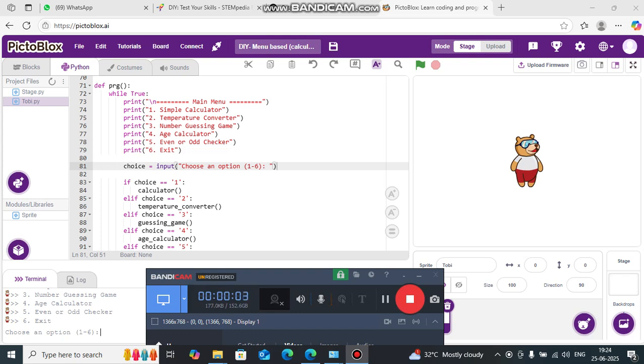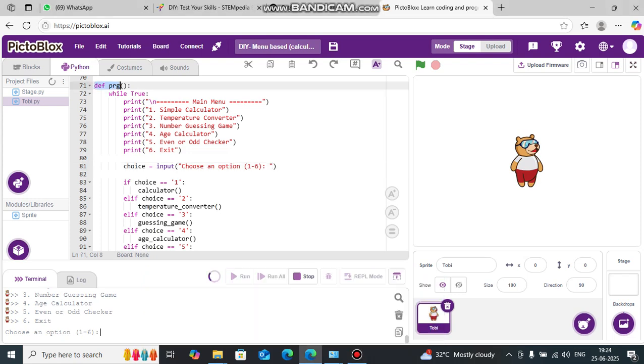Hello everyone. For the accomplishment of DIY activities, here is a program which includes all the activities within a single function. The various modules are used for the execution of simple calculator, temperature converter, number guessing game, age calculator, even or odd checker, etc. Here, the main program starts from this function, that is the PRG, which involves the display